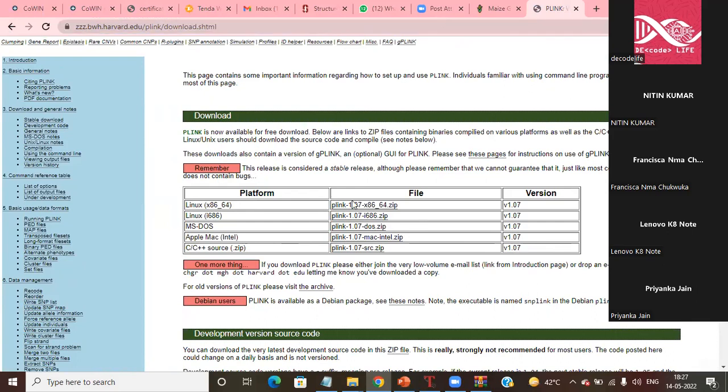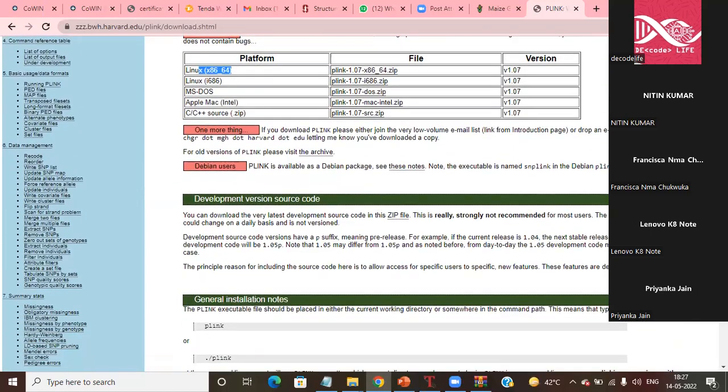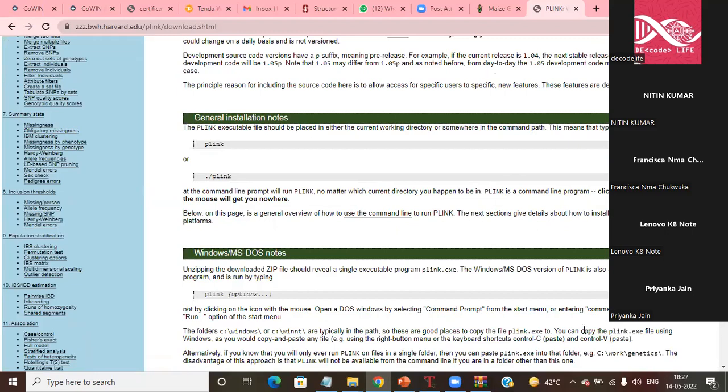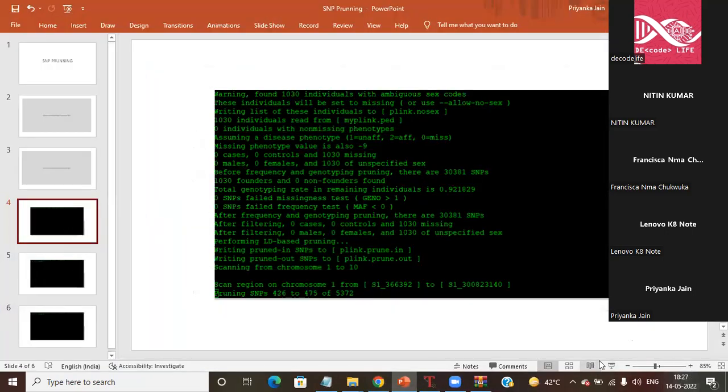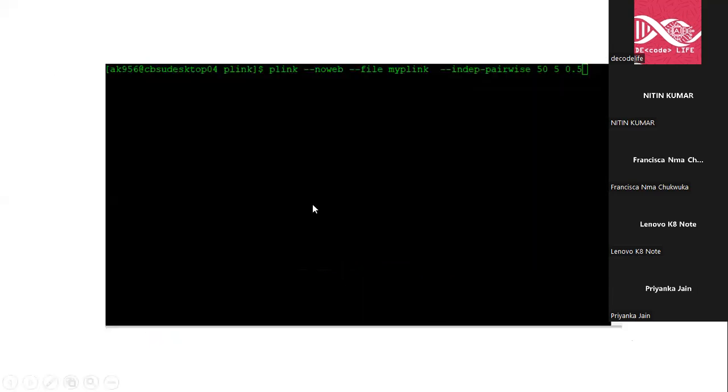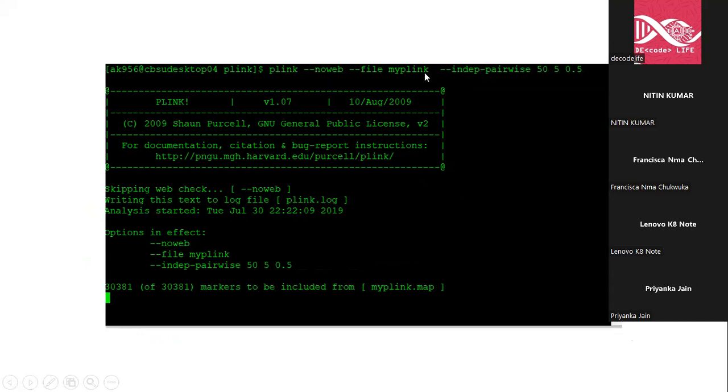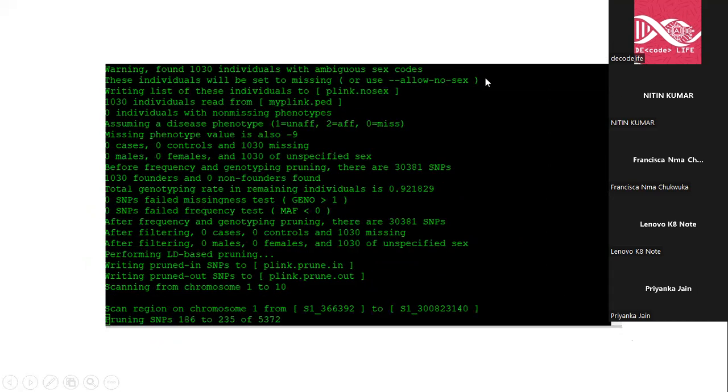From here, once you download it, this is Linux PLINK, the Linux-based file, and whichever file you download according to your system. Once you download it, the codes which you have to run, I will explain in my PPT. See what you have to run to trim your file, your SNPs. You will be using PLINK --noweb --file my file, and you will make my file PLINK, and this is the